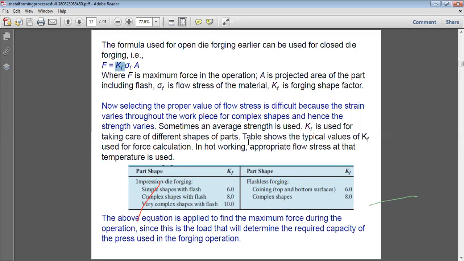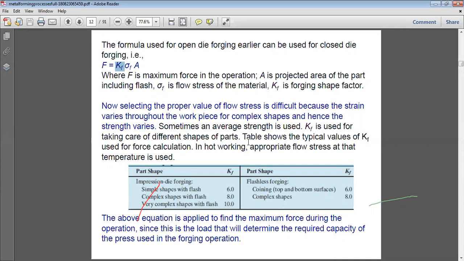The above equation is applied to find the maximum force during the operation. So when we put down this equation, that is shape factor into sigma f into area, sigma f is your flow stress, into area. Clear? So it is to find the maximum force during the operation, since this is the load that will determine the required capacity of the press used in the forging operation. Clear? So this is basically the load calculation that we require